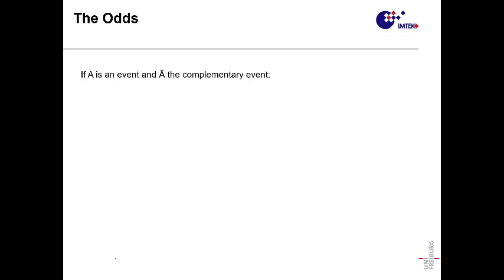We switch to another topic, but it's called the odds. The odds is another concept that is useful for comparison, mainly to compare probabilities, if you want to put it like that. So let's say that you have a subset A, and you want to calculate the odds of A.